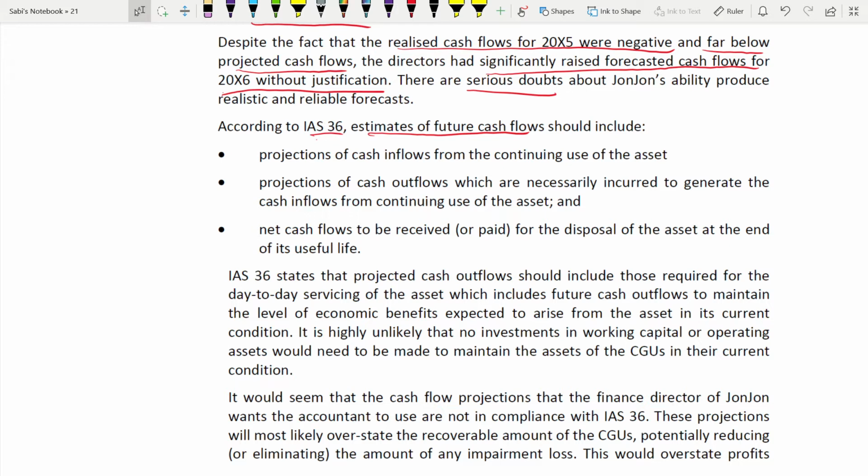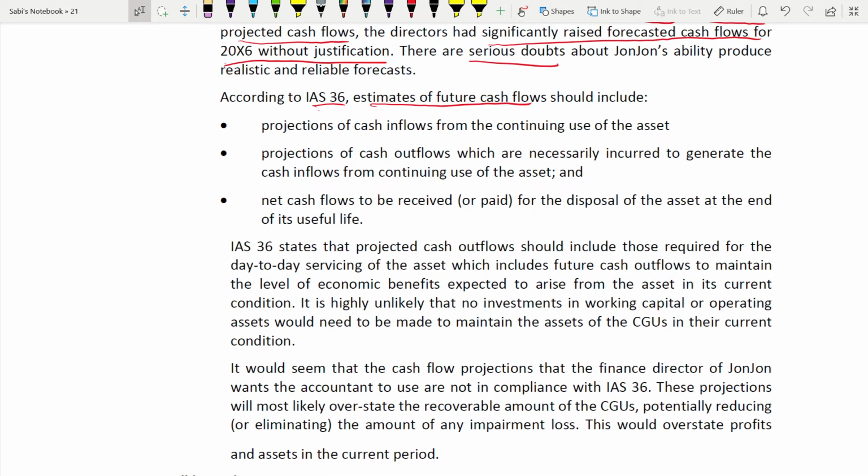What about if you have to find fair value less cost to sell? What if you have to find the value in use? What if the recoverable amount, you have to talk about it? All these other aspects also you have to know how to write. It's not just that in IAS 36 you always impair, they will be testing your impairment, which is carrying amount minus recoverable amount. No, it's not always like that, because there are no numbers for you to calculate impairment. This is just for you to write. So the main thing is the estimate of the future cash flow.